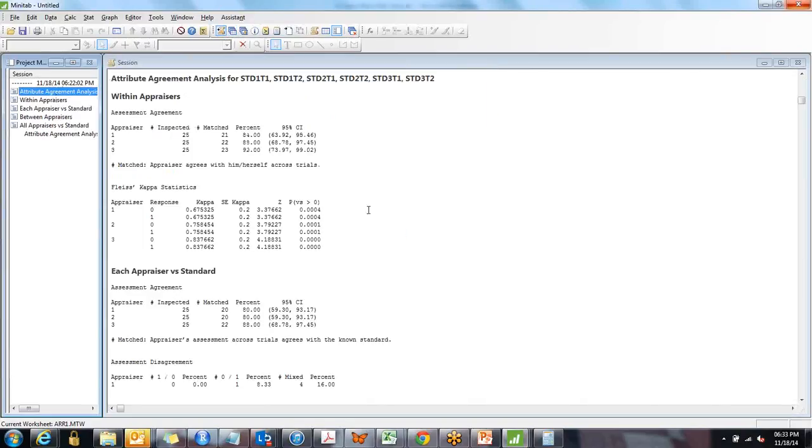So let me go back to this. So look at these values. Appraiser 1, 2, and 3, you got 84%, 88, and 92%, right? So these are the same values which we have seen on the plot. And this is 95% confidence interval. That red line was showing this range actually. Now, you know for a fact that if the values are greater than 90%, you accept the measurement system. If the values are anywhere between 70 to 90%, you cautiously accept. And if it is less than 70%, you reject. Yes, we know that.